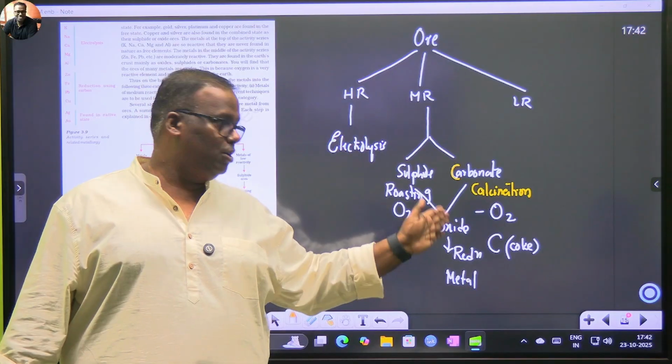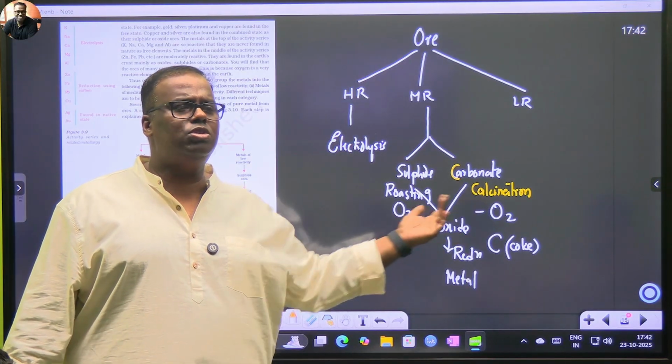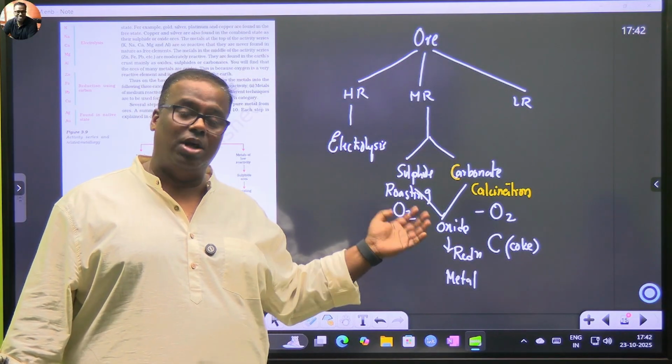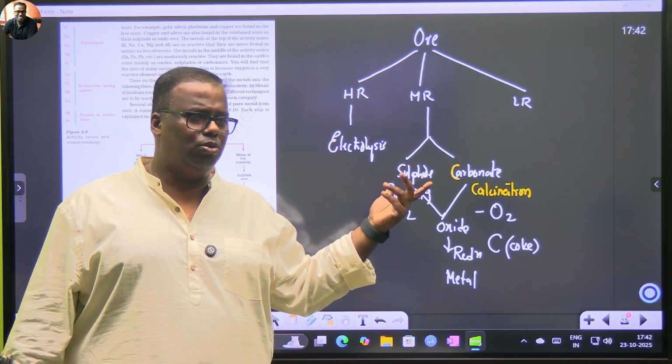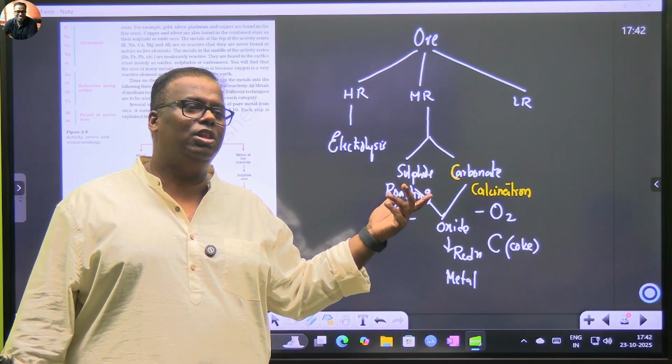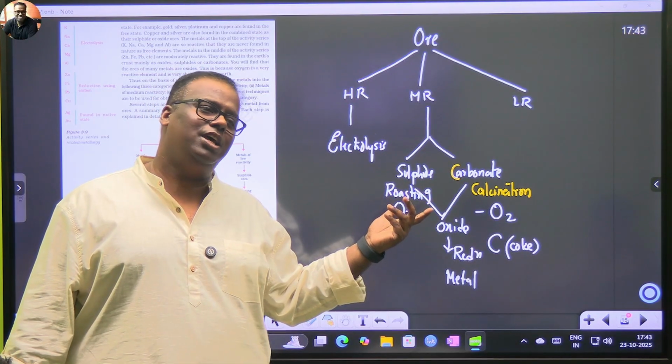So if you have been able to allot calcination, then roasting goes to the other. Now comes the question of which has oxygen and which does not. Roasting is like chicken roast, paneer roast, ghee roast, whatever you make. All these you make in your kitchen. Kitchen has oxygen, absolutely.